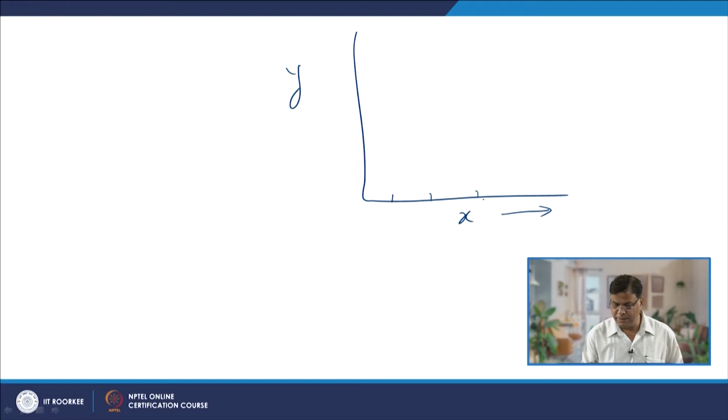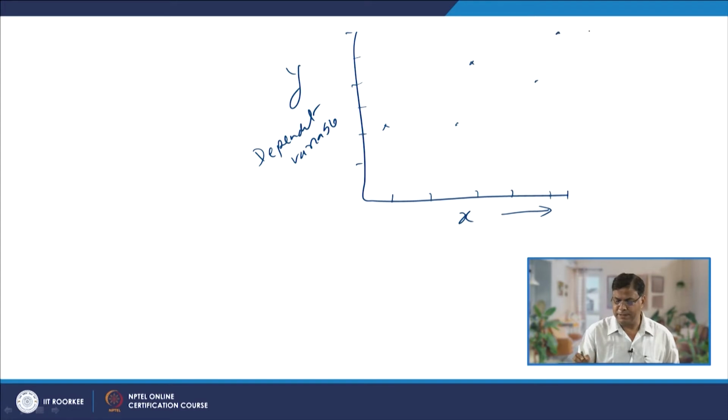This may be in months or quarters, or it may be any other independent variable, and here y may be demand, sales, or any other variable. So, basically, the dependent variable is plotted